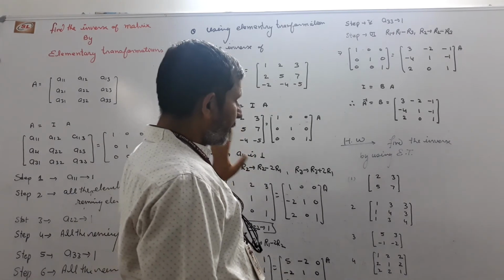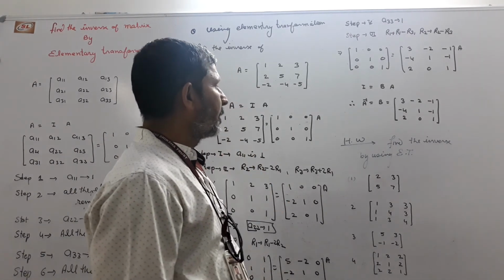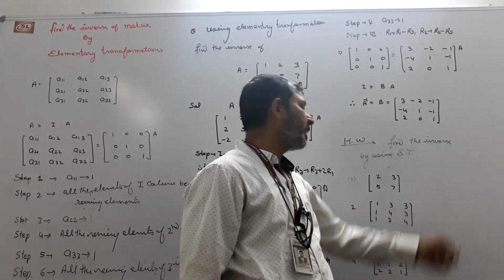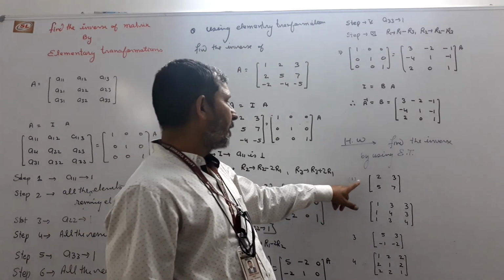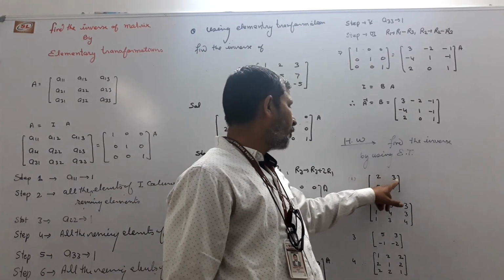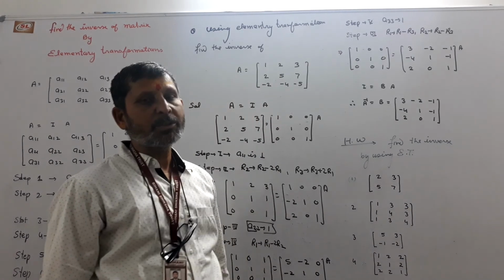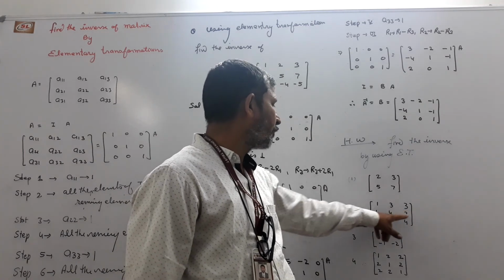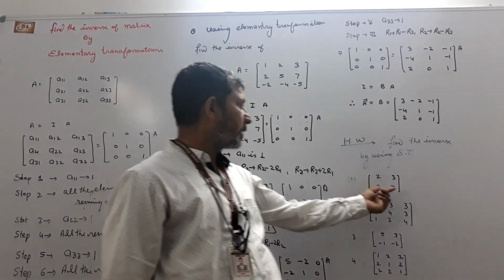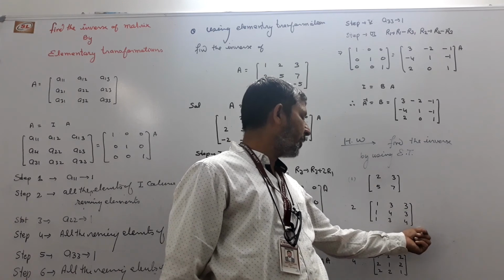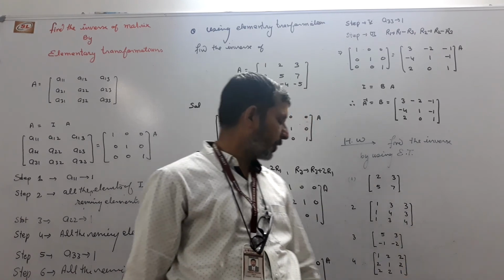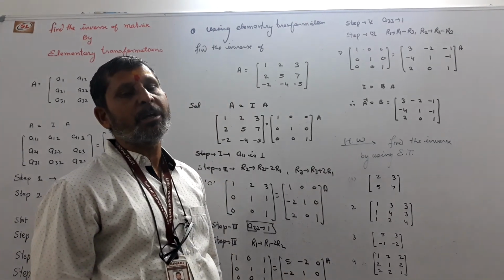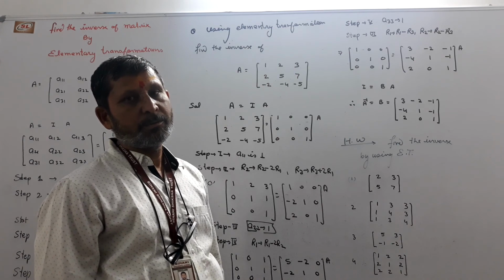Now you start. After this, do the homework. Find the inverse of the following matrices by using the elementary transformation. First is the matrix 2, 3, 5, 7. Second, 1, 3, 3, 1, 4, 3, 1, 3, 4. These are a square matrix of order 2, a square matrix of order 3, a square matrix of order 2 and a square matrix of order 3. Now you solve these 4 questions by using the elementary transformation. Okay.